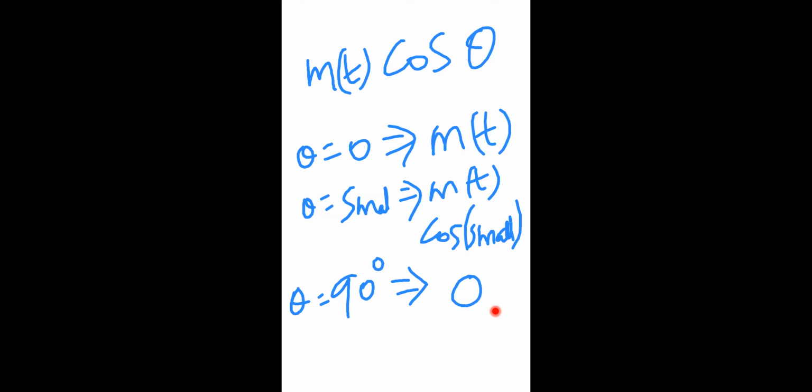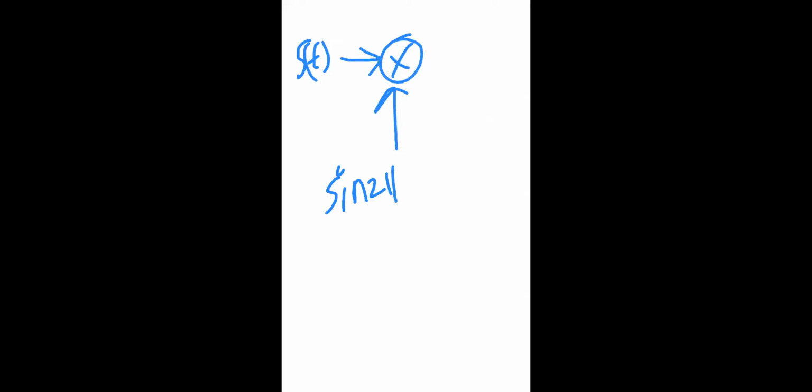What is another observation? Suppose you are receiving signal S of t, and in the transmitter you have used the cos carrier, cos 2 pi fct. If instead you use sine 2 pi fct in the receiver, in the ordinary case you cannot recover your original signal. In some special cases, like SSB, you can recover your message, but in general your output will be 0. If the carriers are orthogonal, cos in the transmitter and sine in the receiver local oscillator, then your answer will be 0.